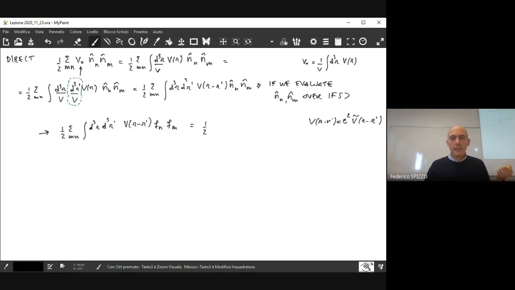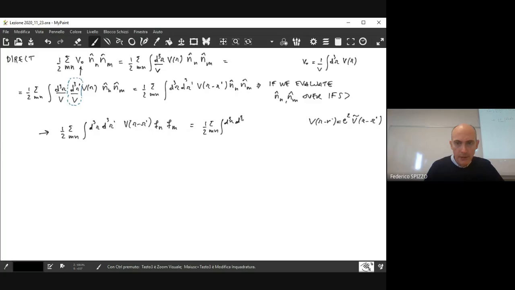I just take the electronic charge out of the expression of the interaction potential because I need that for the next transformation. So in this case, this is equal to 1/2 summation over m and then